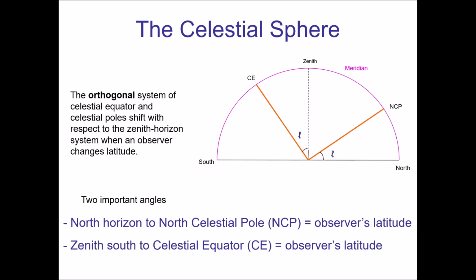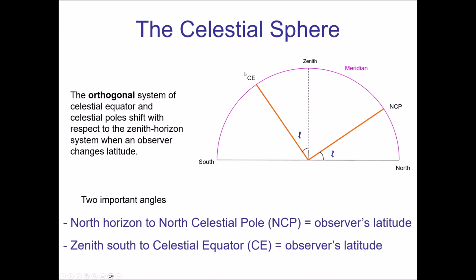Seasons are going to allow us to visualize both these things, and then we can kind of put them all together. So I kind of want to remind you about some things we talked about with regards to the celestial sphere. So you might remember this picture from a previous lecture. It's a cross-section of the celestial sphere. The line that's drawn, the semicircle here, is the meridian. That's sort of split in the sky into east and west. We're sort of facing west here. We have a north to the right and south to the left. It's just a cross-section of the celestial sphere to help us try to visualize something that's 3 dimensions into 2 dimensions. And we have our north celestial pole here, which lies above the northern horizon.